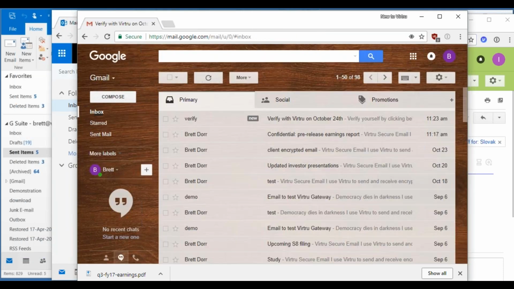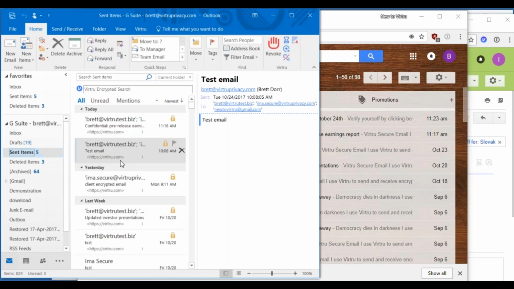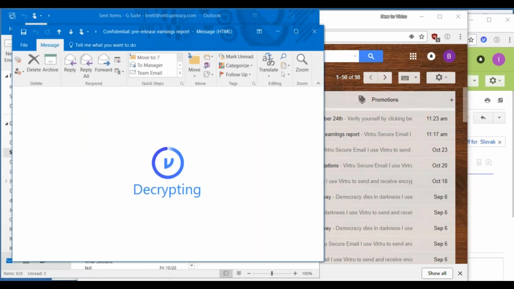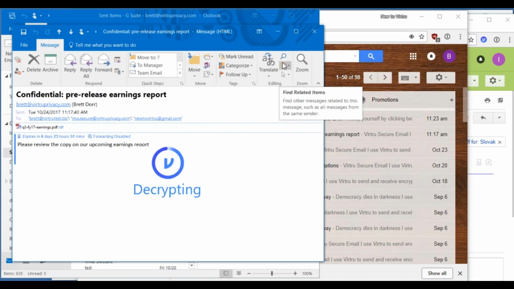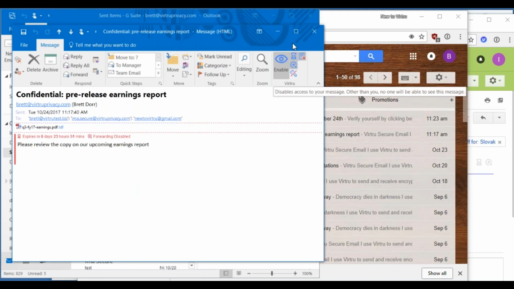But also another consideration with this environment is that you are the sender. If I accidentally had sent this email to one of the parties, or I included the wrong attachment, at no time do you lose control of that message, because you have this great red hand here that allows you to disable access to that content. So you as administrators had that in that earlier dashboard experience, but you as the senders also have that ability to control, to revoke access to the encryption keys,